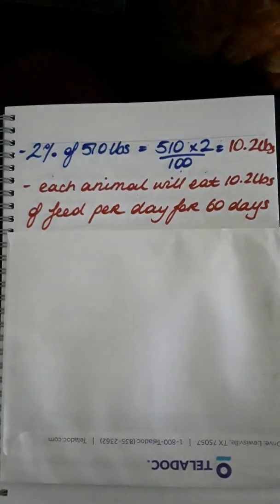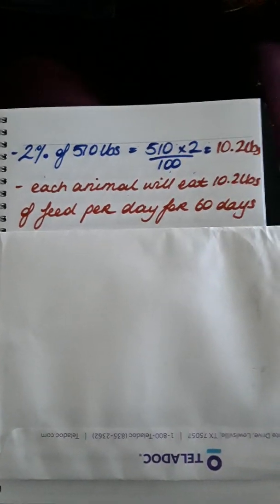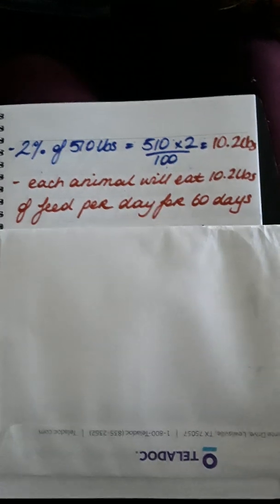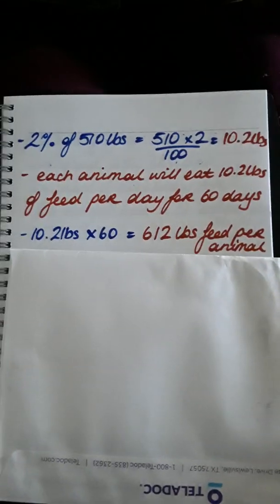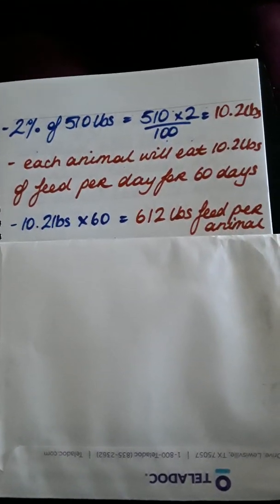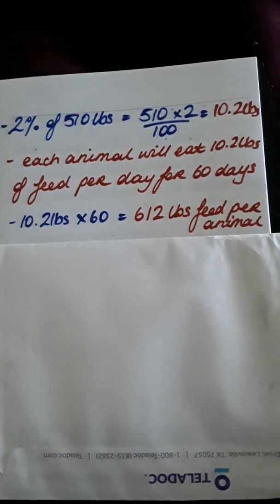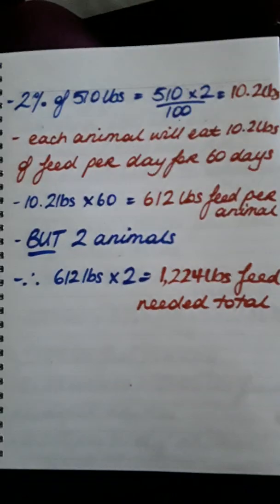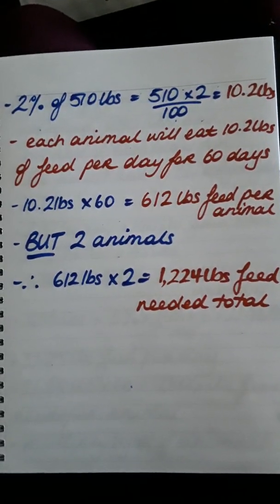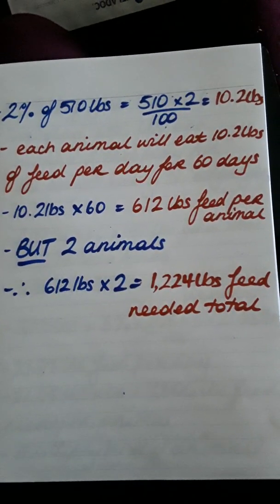So 2% of 510 pounds, 510 times 2 divided by 100, is 10.2 pounds. So each animal is going to eat 10.2 pounds of feed every day for 60 days. So then, of course, you do 10.2 pounds times 60, which is 612 pounds of feed per animal for that 60-day period. But, of course, you have 2 animals, so you do 612 pounds times 2, which is 1,224 pounds